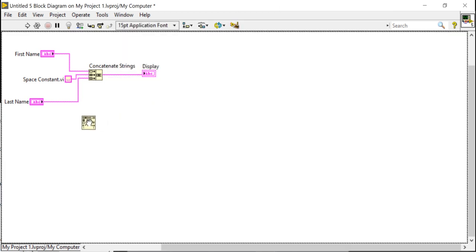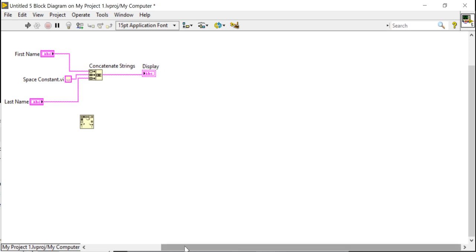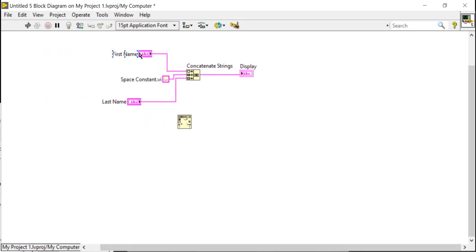So here I am going to use the search and replace function, and this will be my input string.